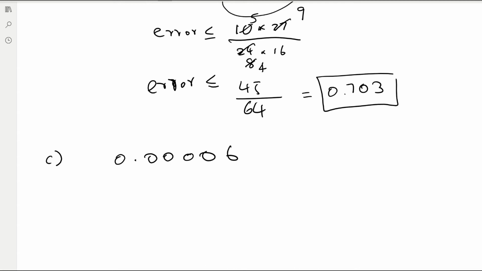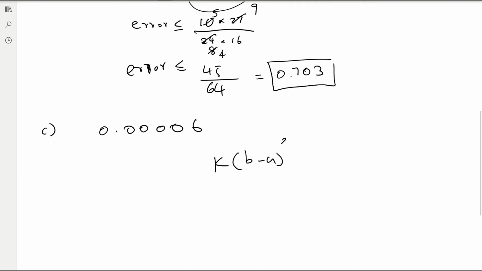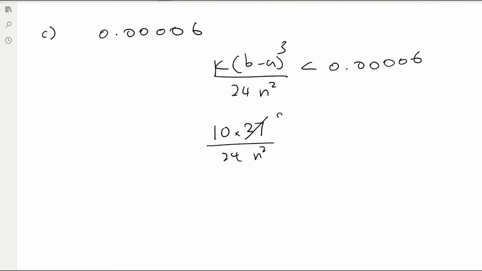Okay, so then we do the problem in reverse. Remember, it's k times (b minus a) cubed over 24 n squared. Okay, this has to be less than 0.00006. So we know k is 10, and (b minus a) cubed is 27, right? Remember, 24, now n squared. Now let's simplify: 3 nines, and 3 eights, and then this is 4. If you divide by 2, 5, so it's 45 over 4 n squared, less than